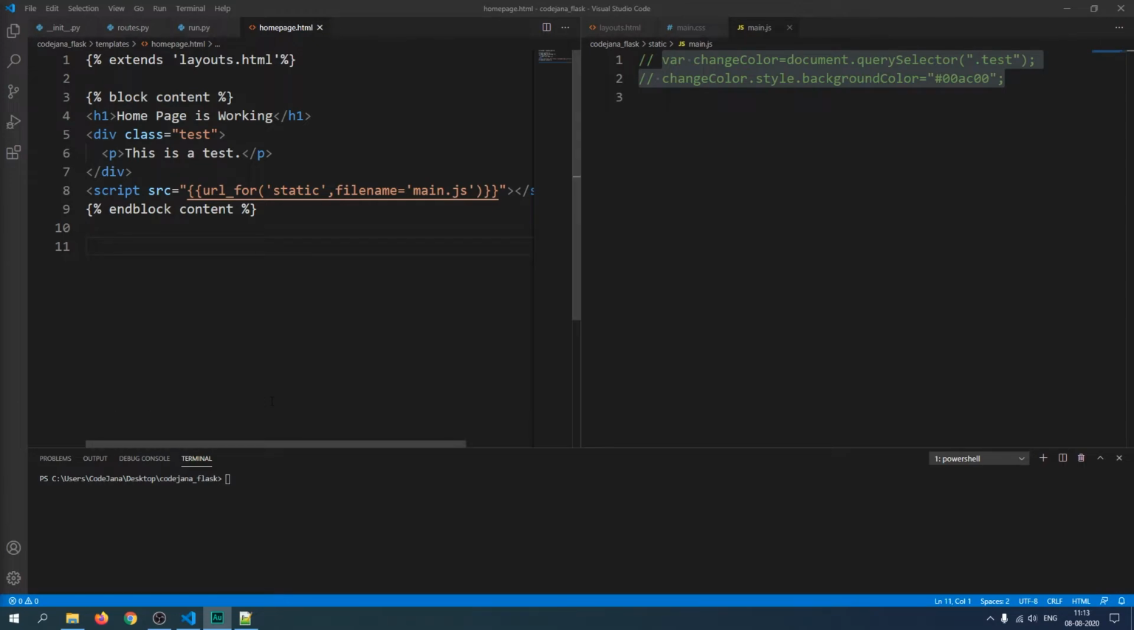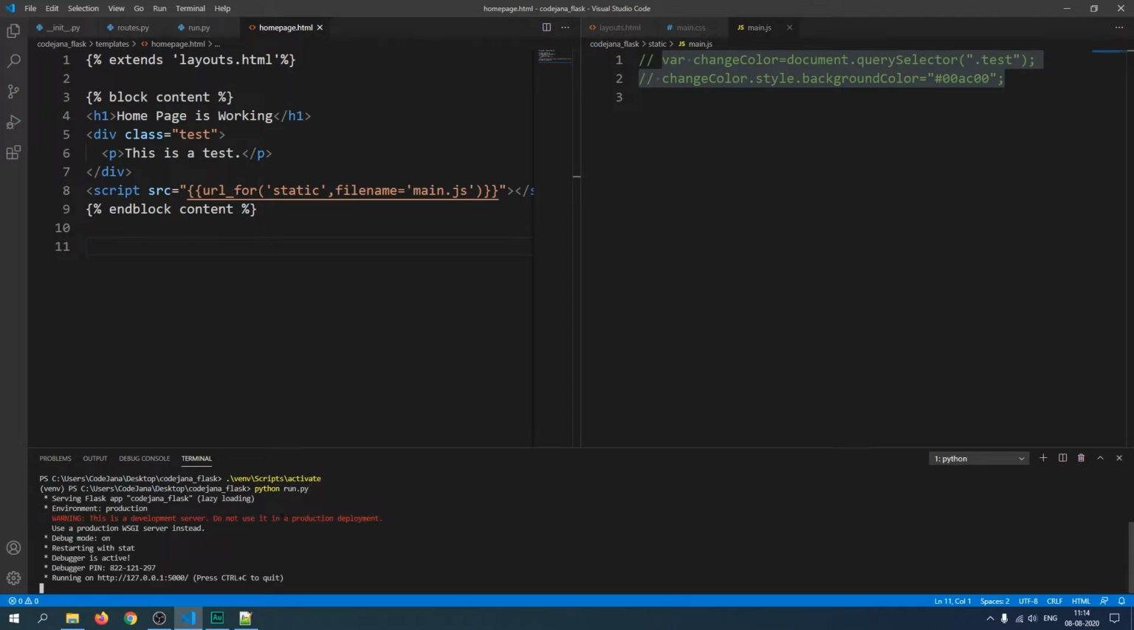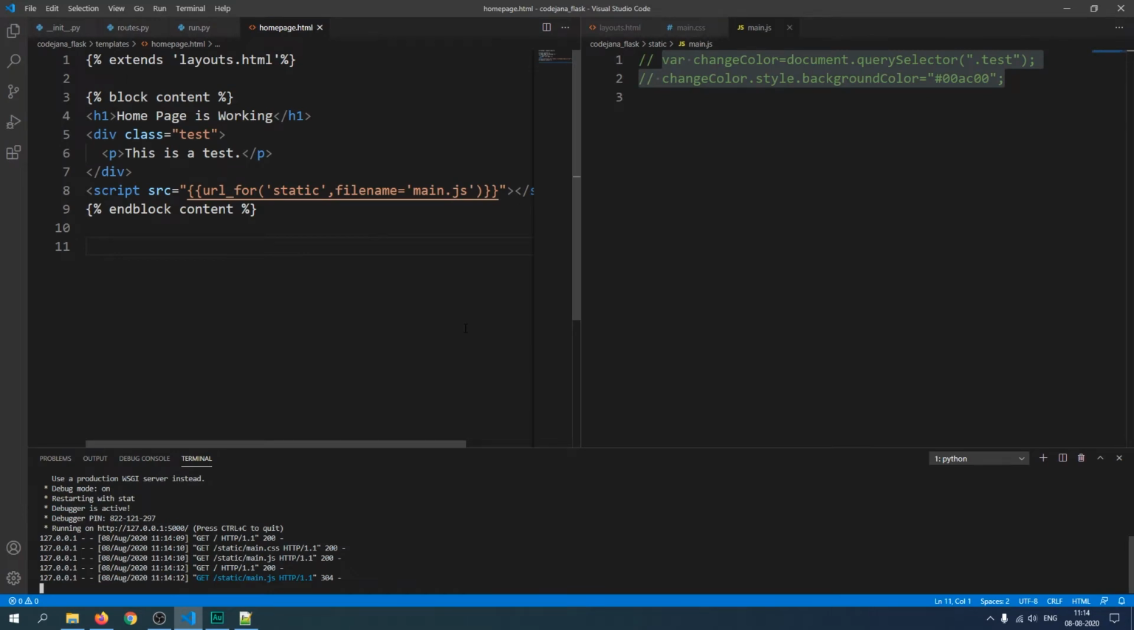Alright, so in our last video we left our app like this. So let's quickly check if our app is still working. I'm going to activate my virtual environment and then run python run.py. Alright, so the server is running. Let's click on this link and it's working. Alright, so now what we are going to do is create this homepage